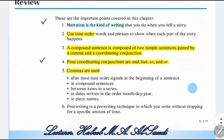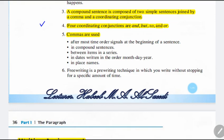Okay, here is a review of what we have studied. Narration is a kind of writing. Use time order. A compound sentence is composed of two simple sentences joined by a comma and a coordinating conjunction. The four coordinating conjunctions are and, but, so, and or. Okay, commas are used after most time order